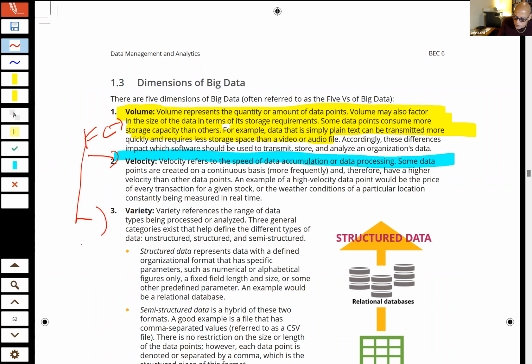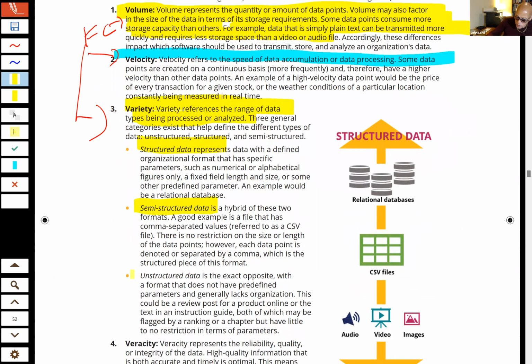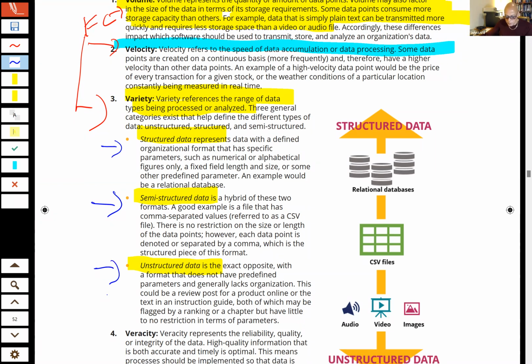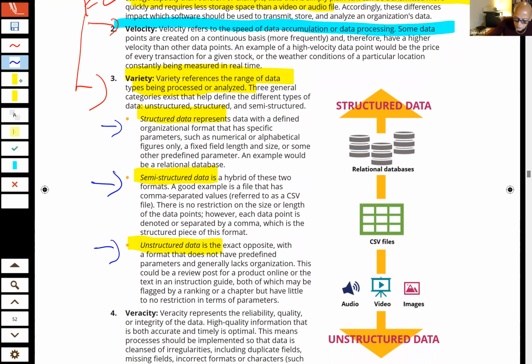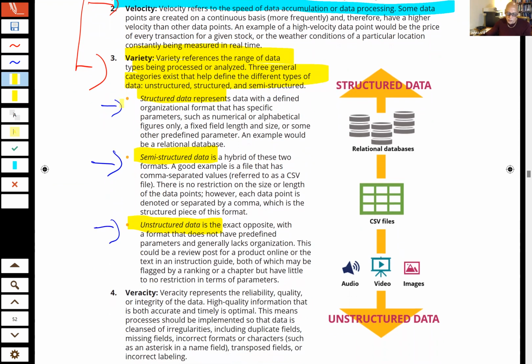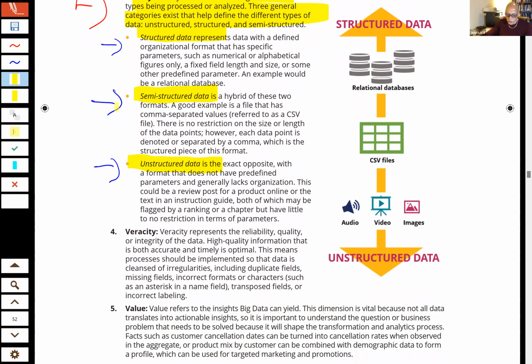Flashcard that definition. Variety of the data refers to the range of data types, and the data can be structured, it can be semi-structured, and then it can be unstructured. And obviously structured data is going to be more useful for analysis, but flashcard what we mean by the variety of data and the categories there. Actually, you can see that up in the whole definition, so if you want to, you can just flashcard that whole definition there. And then they talk about structured versus semi-structured versus unstructured.